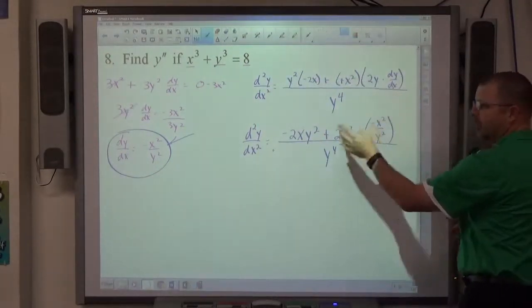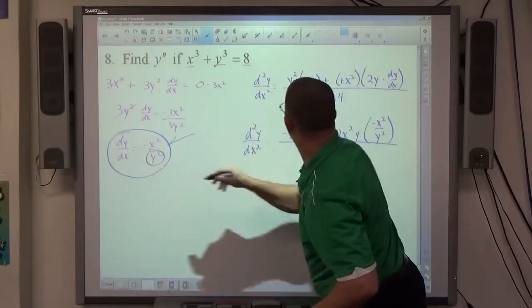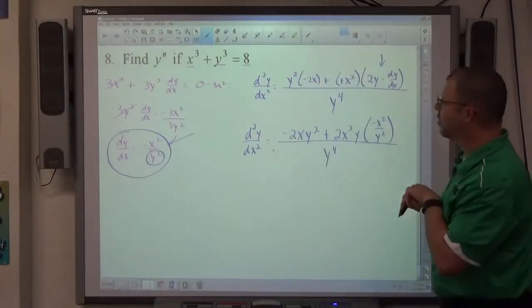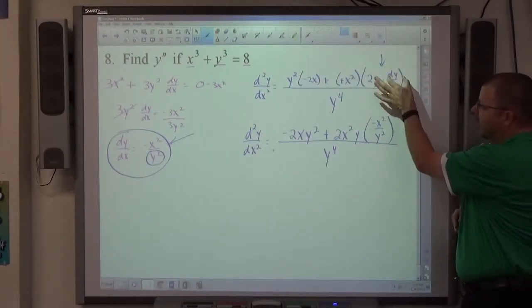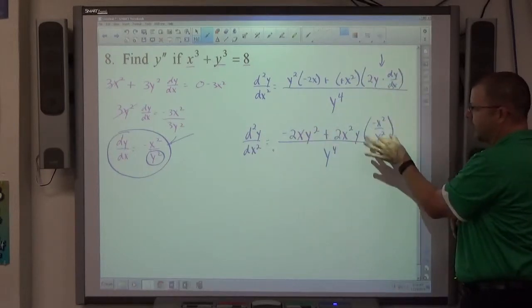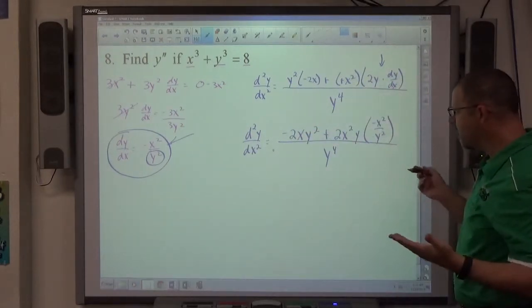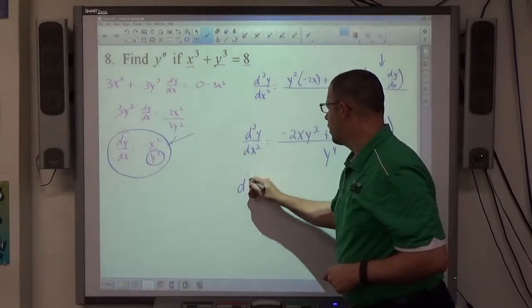That's just a first derivative when I'm differentiating this. This is just a first derivative of that object. The dy dx is there. Dy dx has a value, so we substitute that value in, and we get that. That gets me to the second derivative